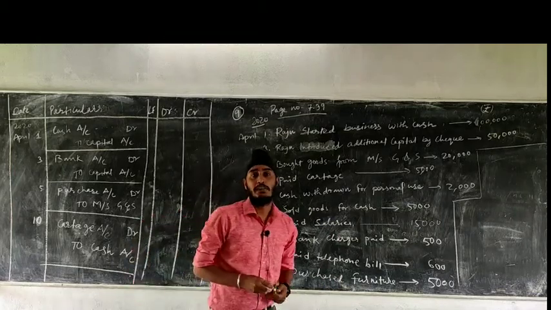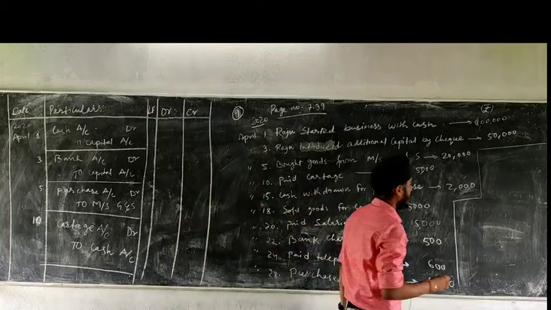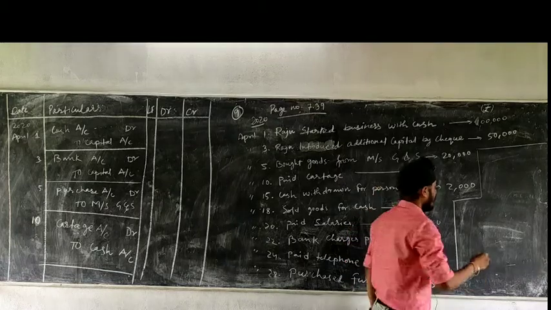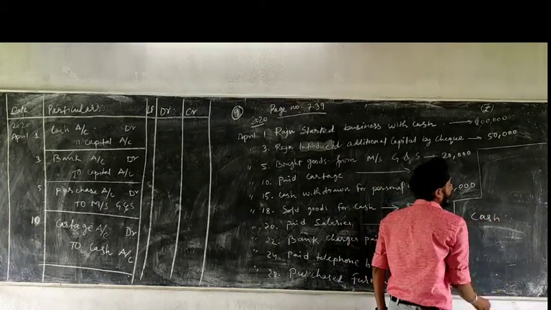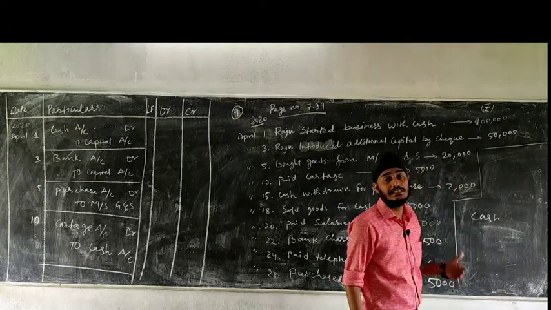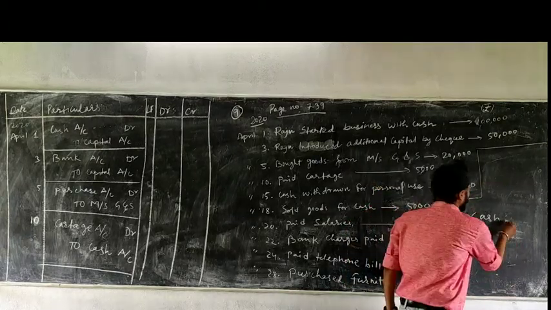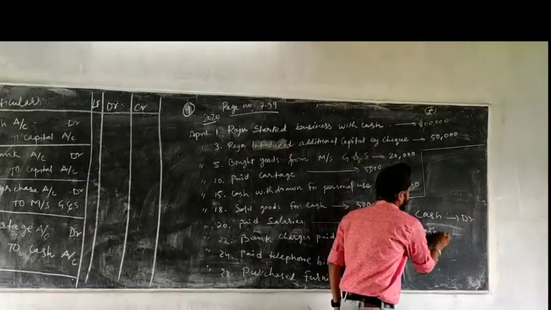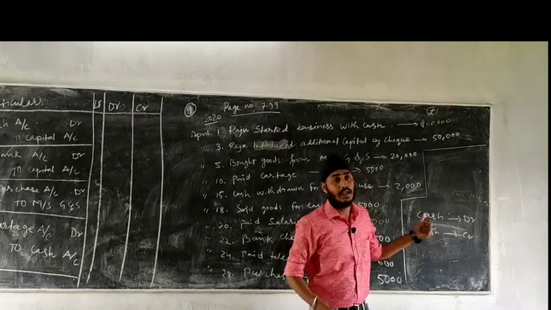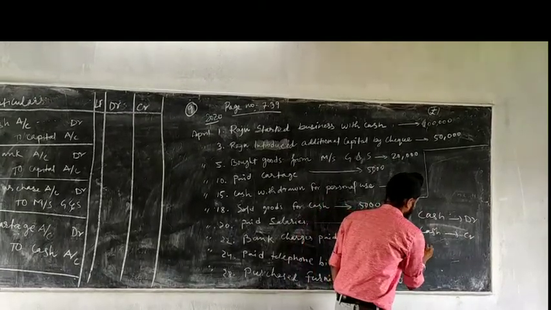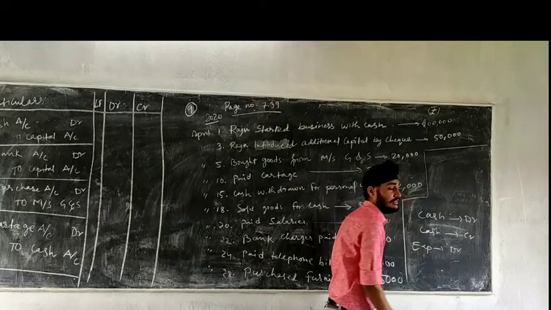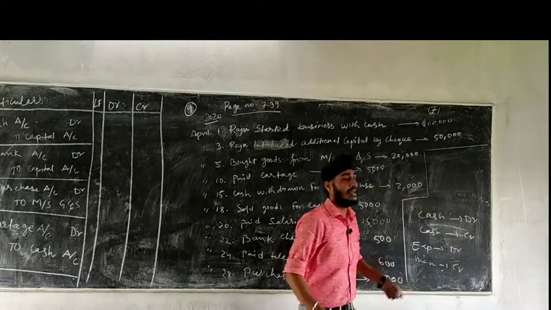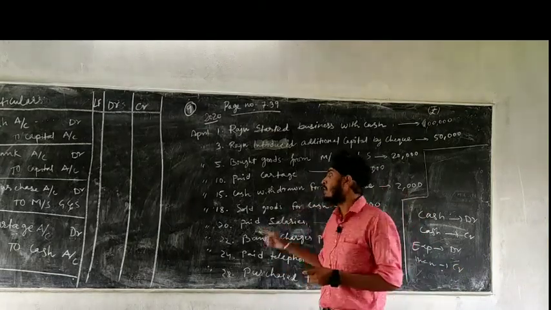So let us revise a little bit the rules of journal entries. As we have discussed about assets and expenses, what is the rule of debit and credit. When cash comes in the business, when cash is increased, we say that it's debit. And when cash goes out, we say credit. Cash will be credit. Same goes for bank. And one more thing, all expenses are debit and all incomes are credit. So these are the rules which you need to keep in mind for solving this question.